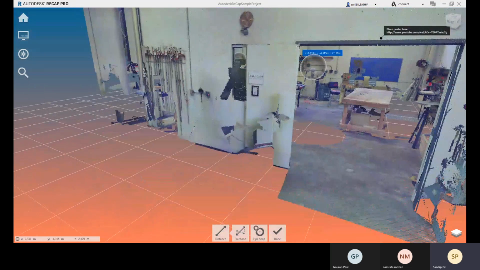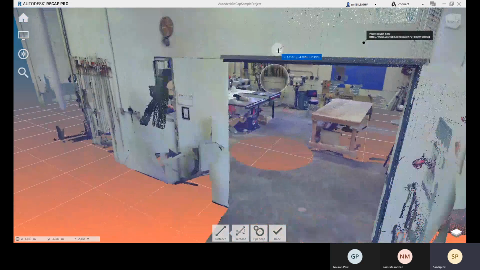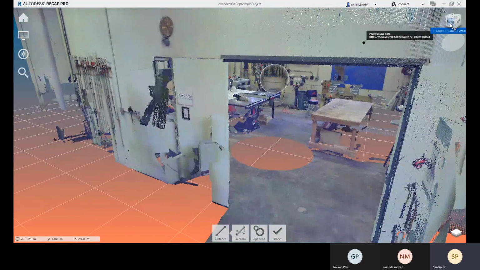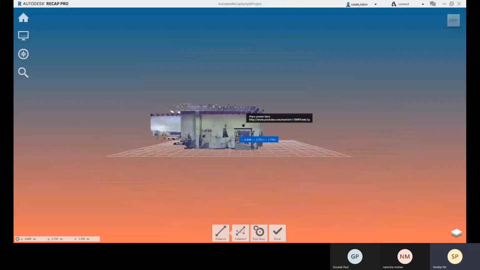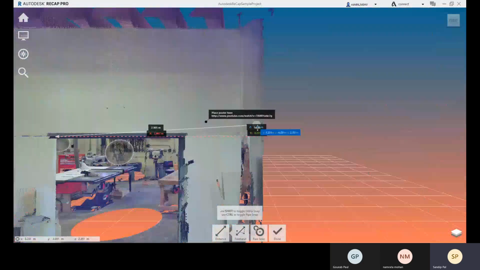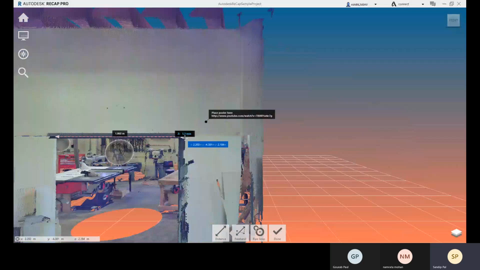Here you will not get any snap points, so you just have to place it properly.